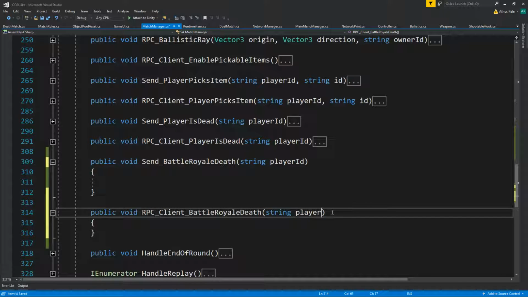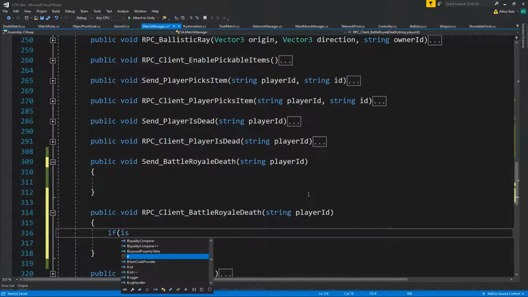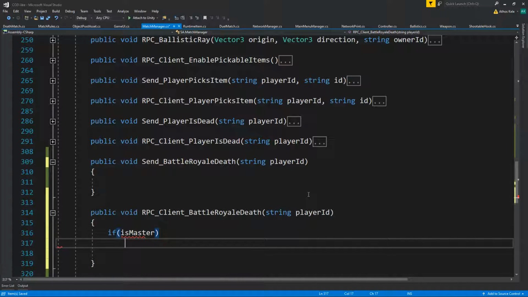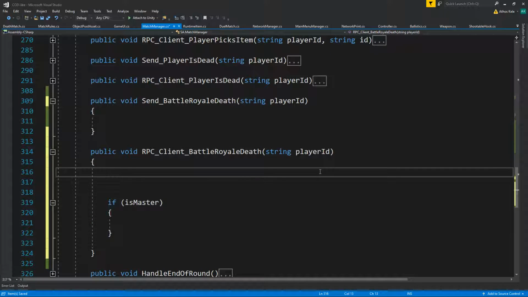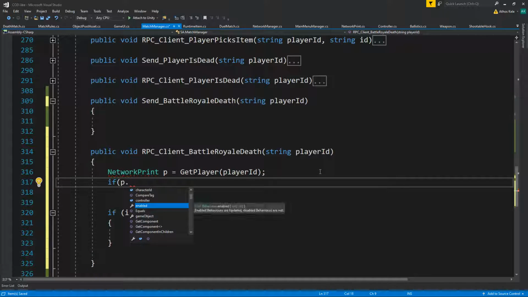For player ID. Okay, so if this is the master, he should also be checking how many players are left after we have removed it. So we will do in this case something like network print get player ID if player dot is local